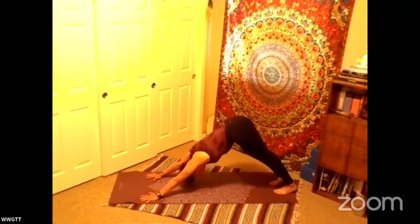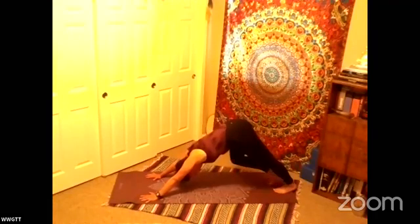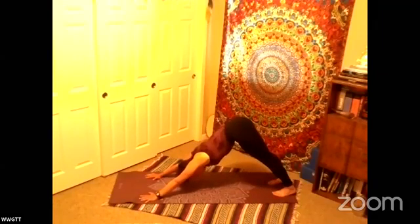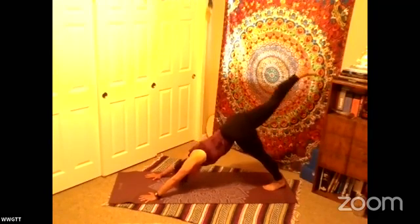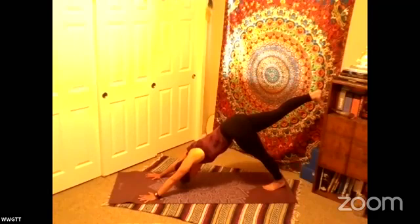Beautiful flow. Take a couple seconds, take a couple breaths, walk your dog. And then when you're ready, inhale your right leg high, sending your heel towards the sky, flexing your toes towards your mat, maintaining control, power in your leg, sending the pinky of your right foot, drawing it towards your mat,